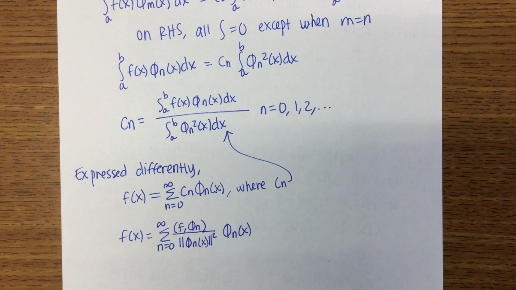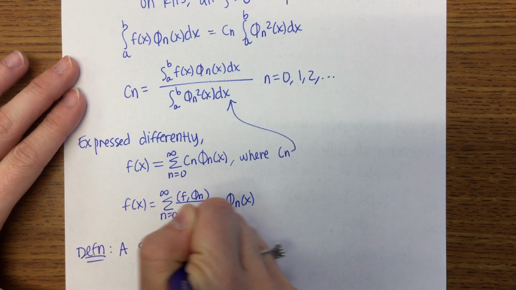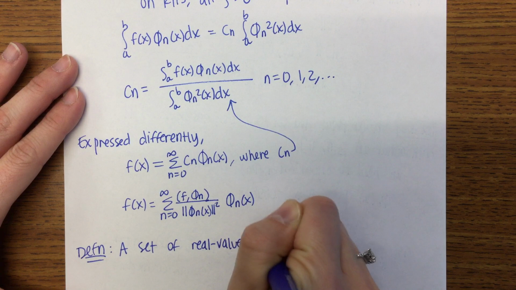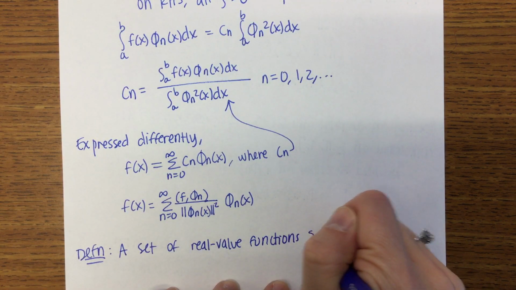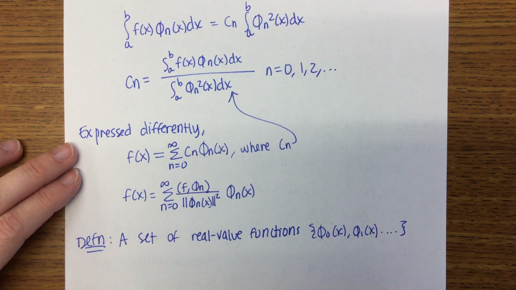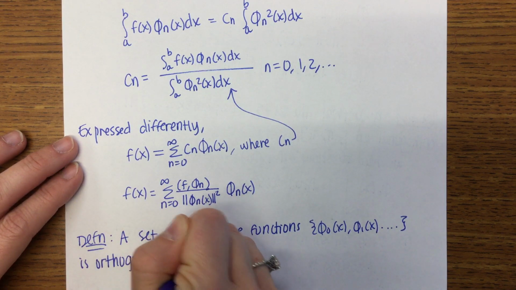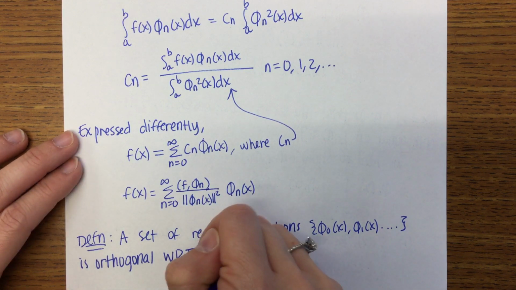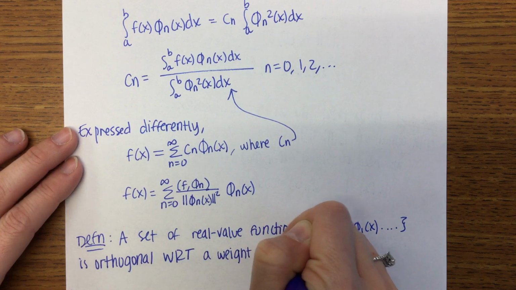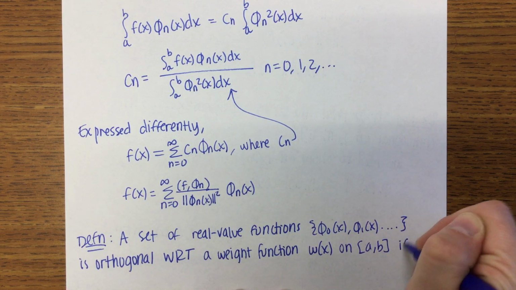Okay, we've got three more definitions. You guys got that in you? Okay. Next definition. We say that a set of real valued functions, same notation as we had before, that set of functions is orthogonal with respect to, so that's what WRT is, with respect to a weight function, which we're going to call w of x, on the interval a to b if